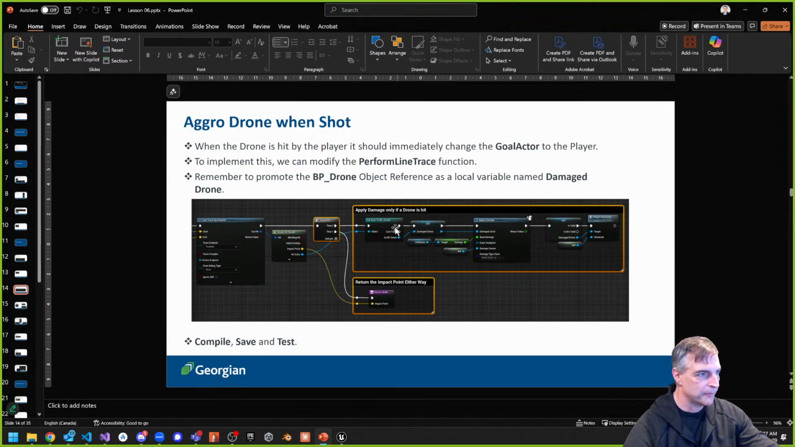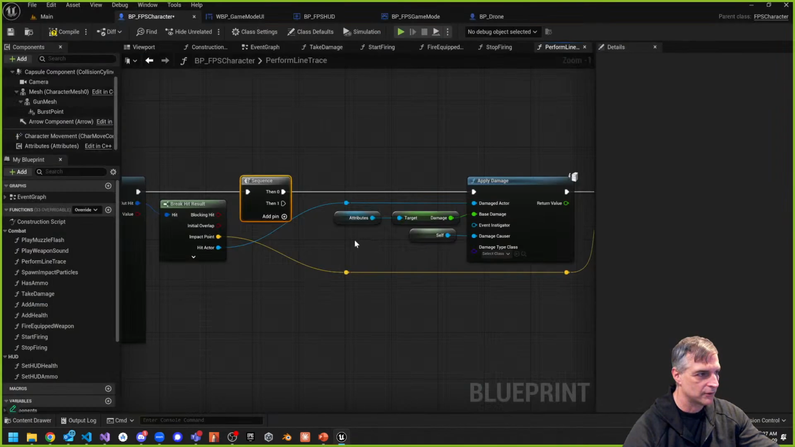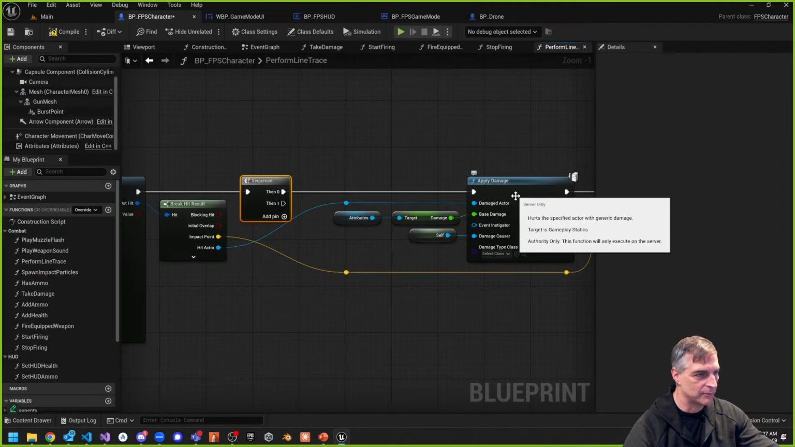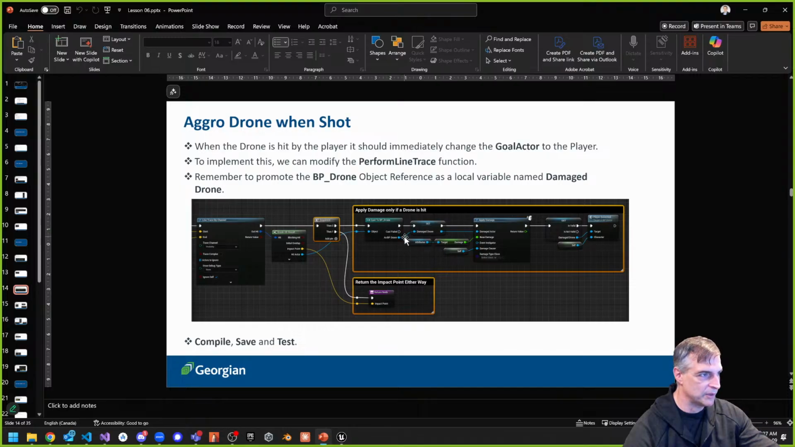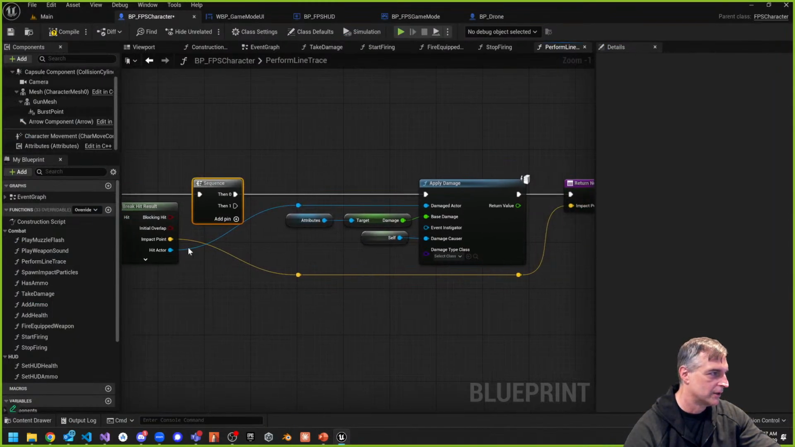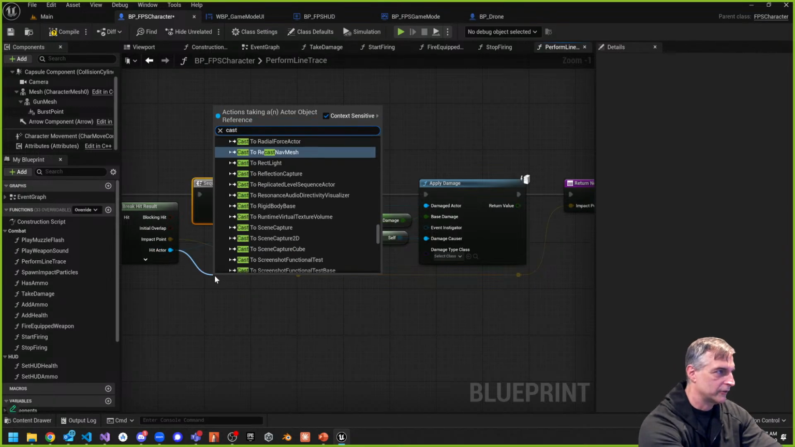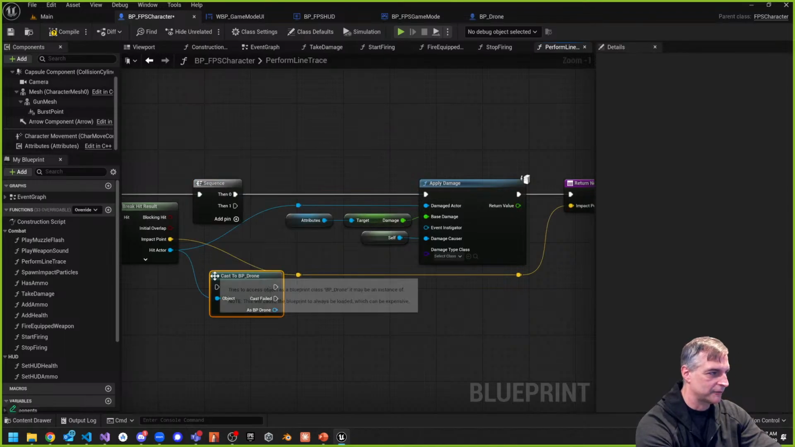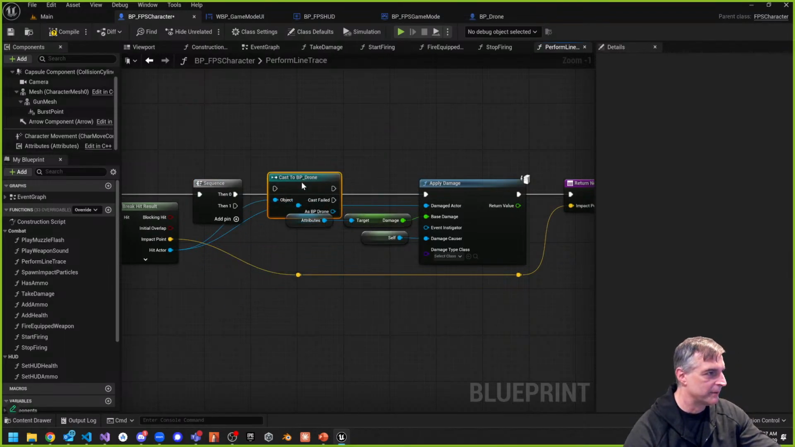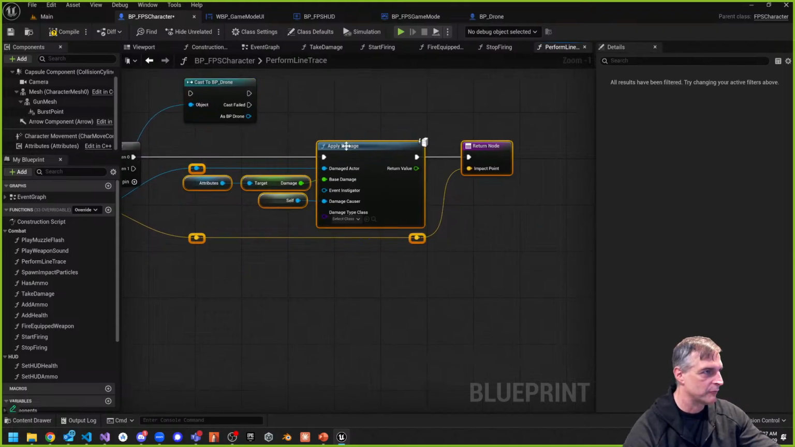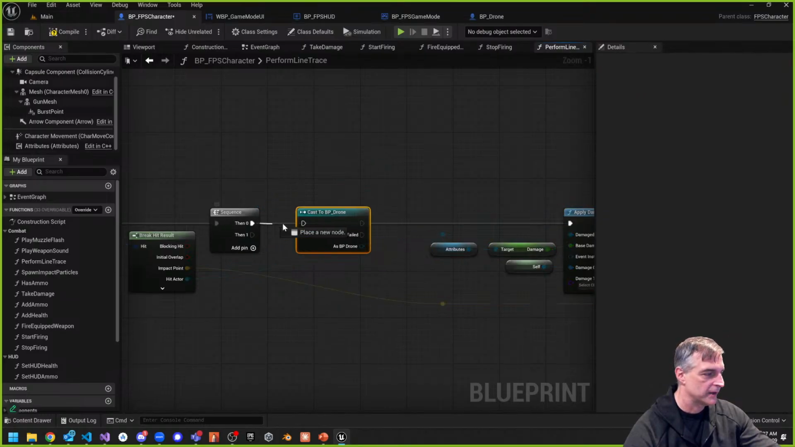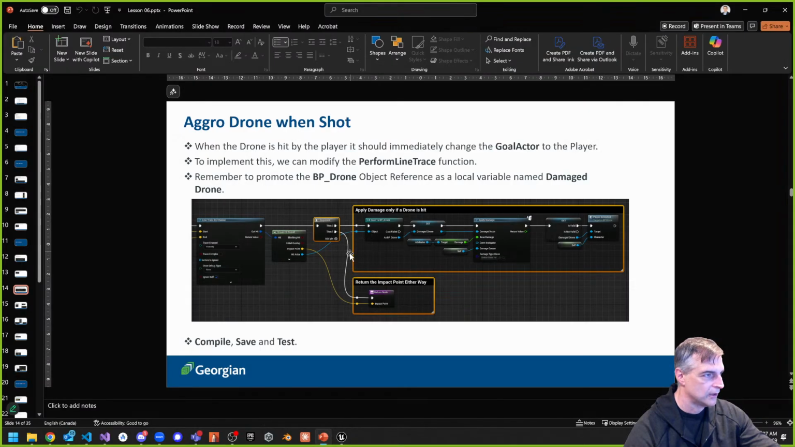So there's two, right? I want to cast the drone. So this damaged actor, instead of going directly to my apply damage, I want to cast to BP_Drone, right? So that's what I want to do. So cast to BP_Drone, I'll do it down here. That's the damaged actor. So if I'm hitting a drone, is basically what this is saying. I'm going to move things around a little bit just to make sure I have more room, way over here. So if I can cast to the drone, if it's successful,